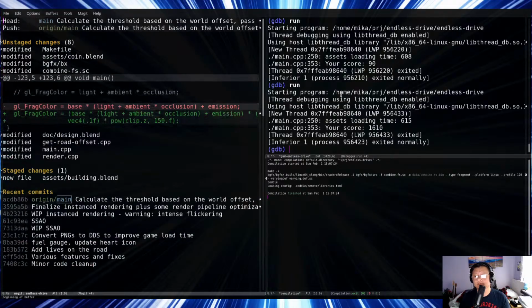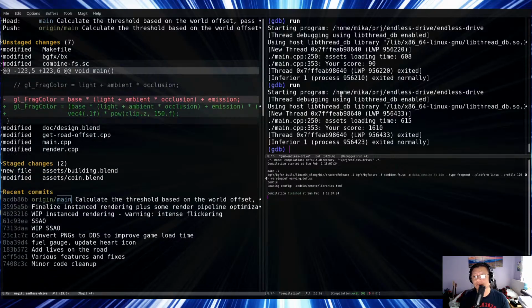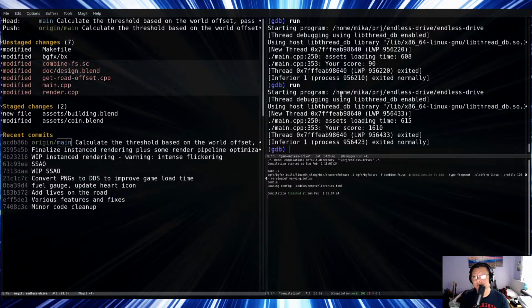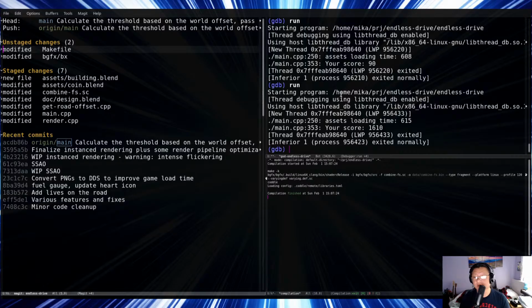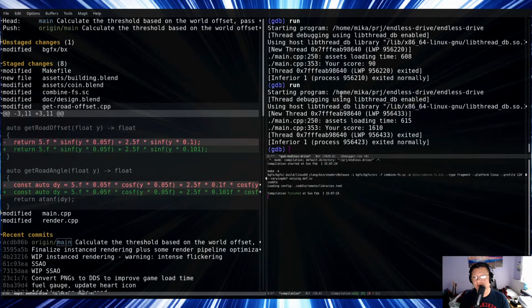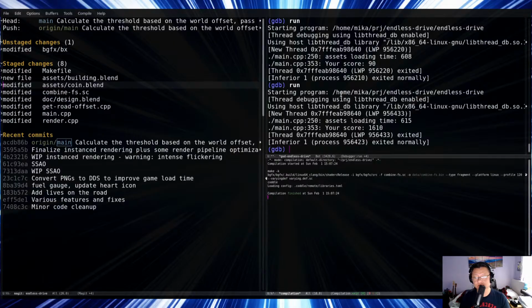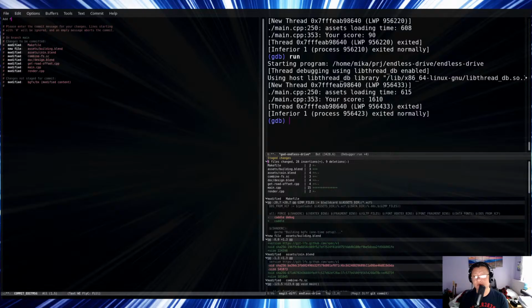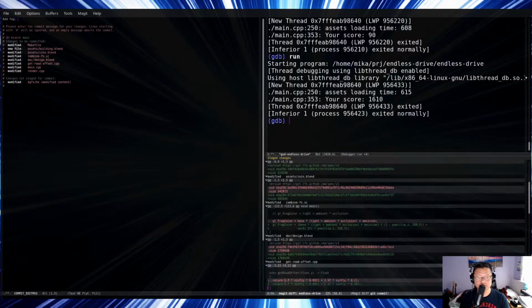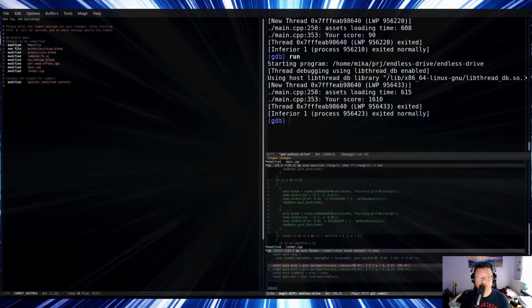Okay. So, oh wait, I changed the color of the coin. Okay. So probably we'll do release. Add fog. Add buildings. So I do not know